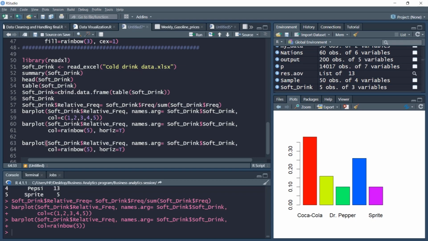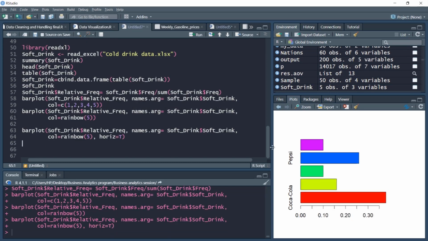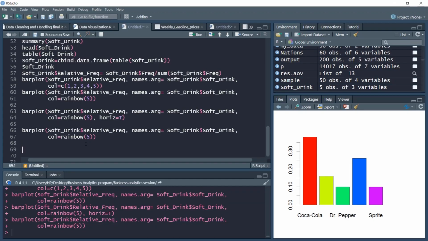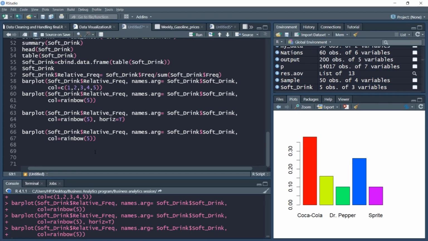I'll make a separate command for reference, so you can make horizontal equal to true and the graph will be tilted. Now another way to improve this graph would be to add the legend. So first I'll go to the previous plot. Before adding the legend, I would like to print it in the vertical form. Now a good legend will improve the aesthetic aspect of this plot, so I'll add the legend.